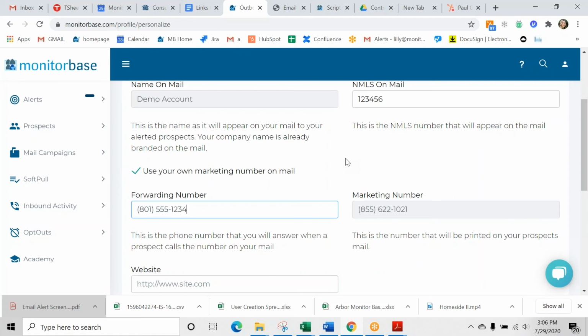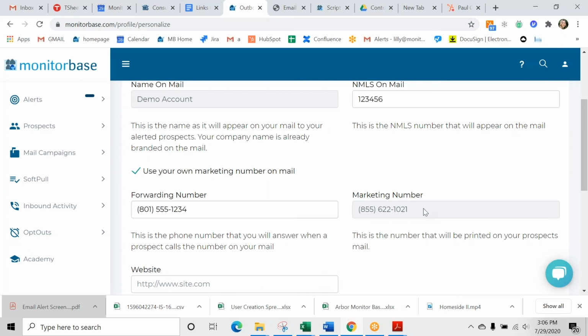Purchasing it, but it doesn't cost you anything? Yeah, it will ask you to quote unquote purchase it, but Monitor Base pays for all of the seats. Every account that you have, we're going to allow you to buy a number basically for free. It won't be of any cost to you. I don't know if that makes any sense.